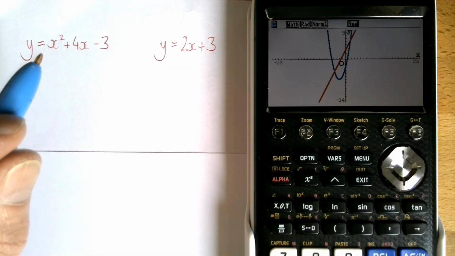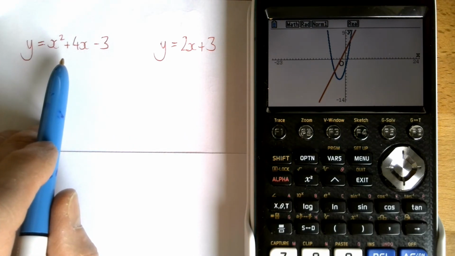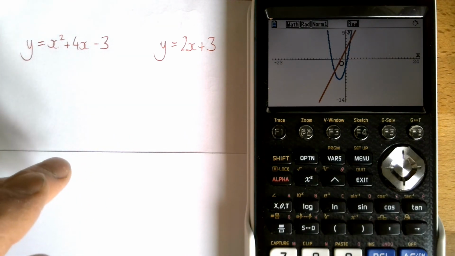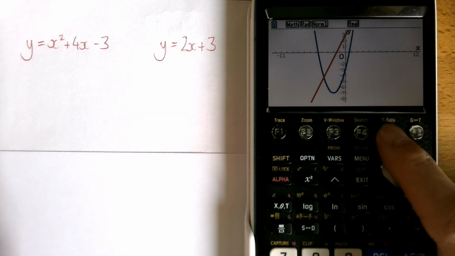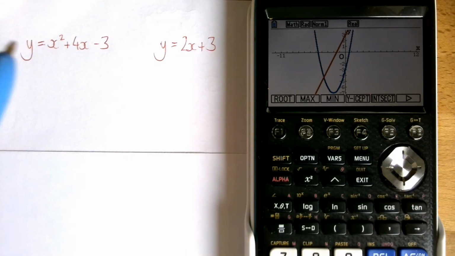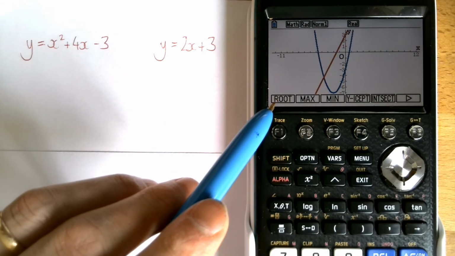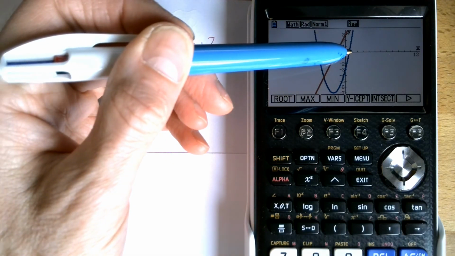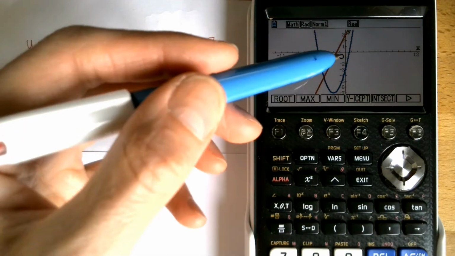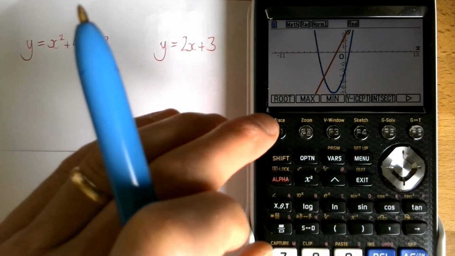So let's work out a few things about this parabola firstly. So that's the blue function. So I'm just going to zoom in a little bit more, and I'm going to press my favourite button on the calculator, the G-Solve button. So when you press G-Solve, you get a whole load of options up, and you may remember roots of a function are where it crosses the x-axis. So I want to know the coordinates of this point and this point. I would normally do that either graphically by estimating it or by asking when does this equal 0 and solving it. But I can now press root,